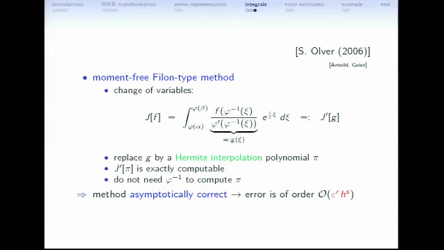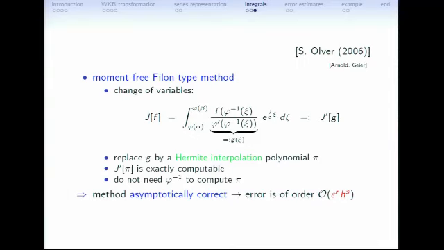Because the derivative of the phase function is bounded away from 0, the inverse exists, and so you can make a change of variables in your integral. And if you define this part in front now as a new function g,